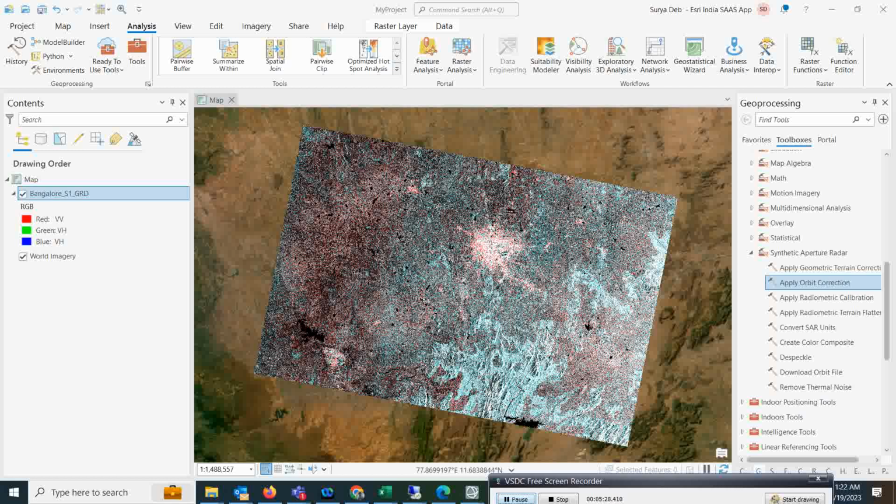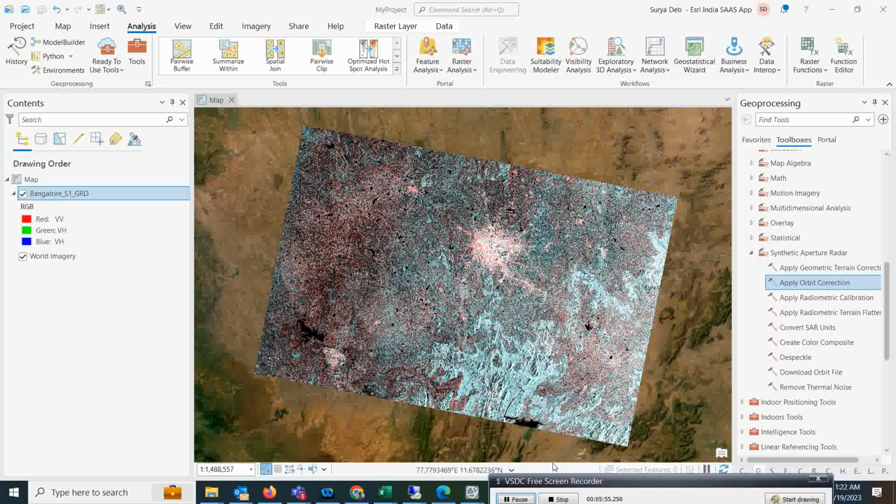Whatever process you run, if you want to save this project, you can simply click on save project. Whatever steps I run, it will save. Now the next step which we're going to run is the SAR data processing. First, we're going to do the removal of the thermal noise. First we will correct the backscattering disturbance caused by the thermal noise,